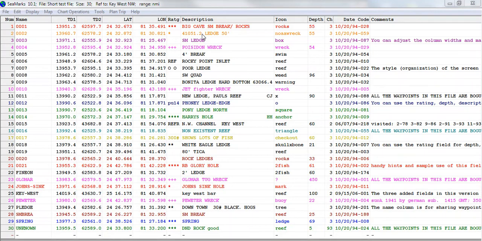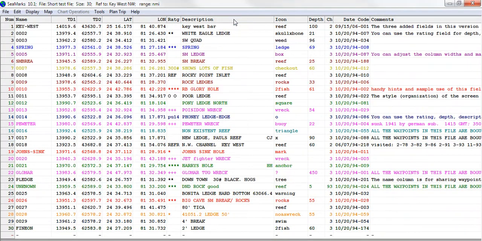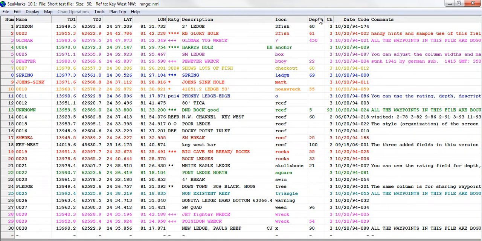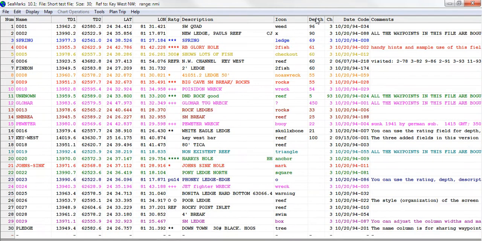Now, the ability to sort is on every column. So you can sort the description, you could sort the icons, you can sort the depths